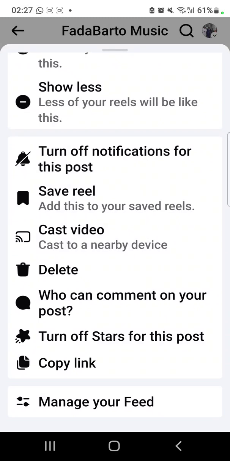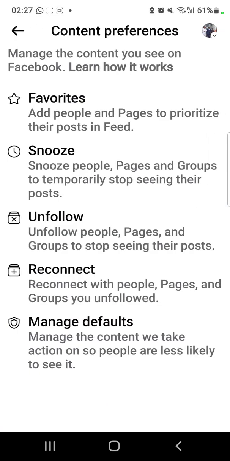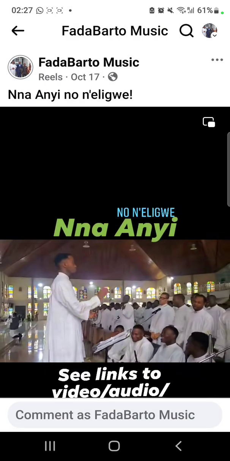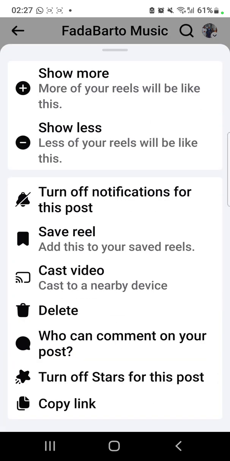or I do other things, but you have to be sure you can no longer edit your Reels. You can no longer find the button where you can edit them. So it's more or less whether you want to delete it, or whether you want to turn off stars for it, or whether you want to do other managing work for it, maybe to put into your favorites or to unfollow people. But I think this is more for delete,